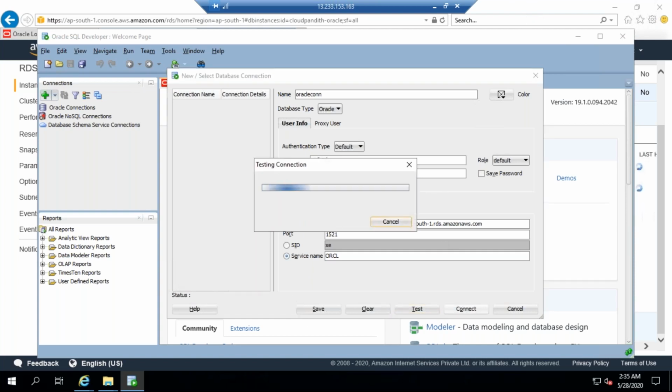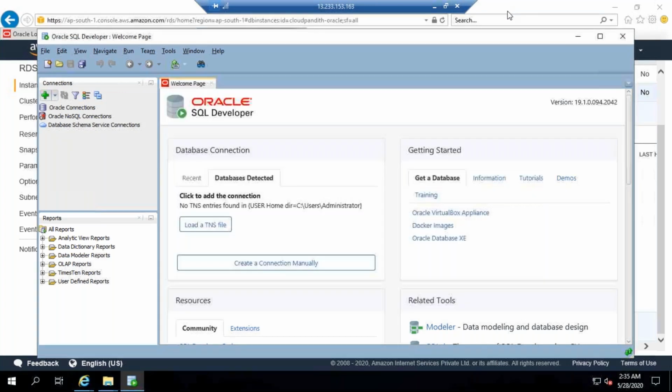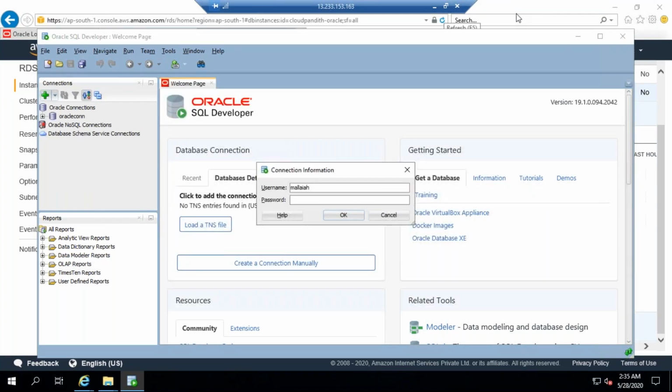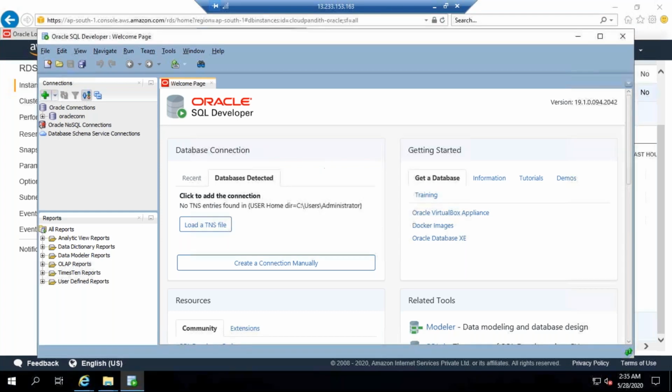Just click connect, friends. It will ask you to enter the password once again when you connect the first time. Enter it, now click OK. It will open a window for you now.